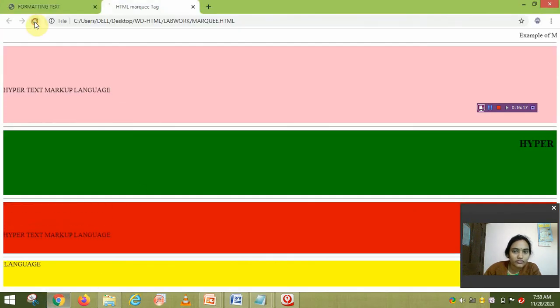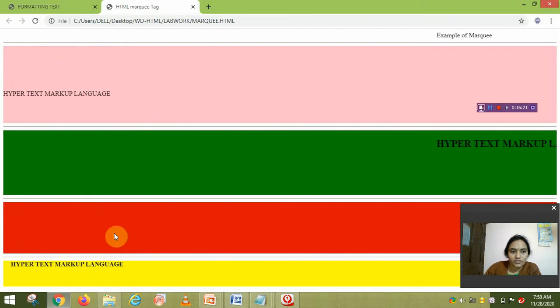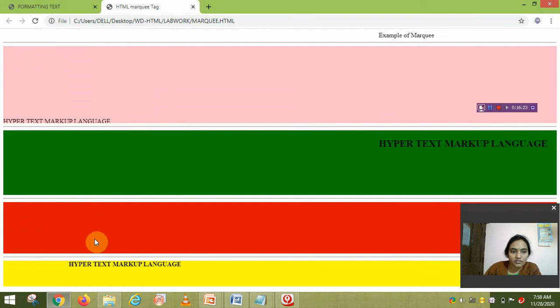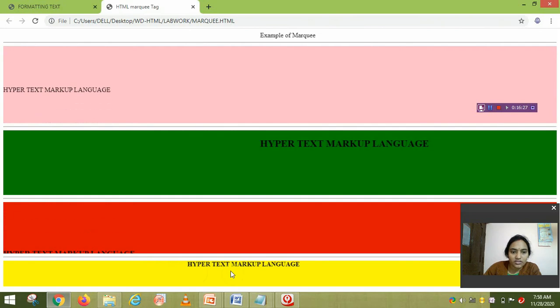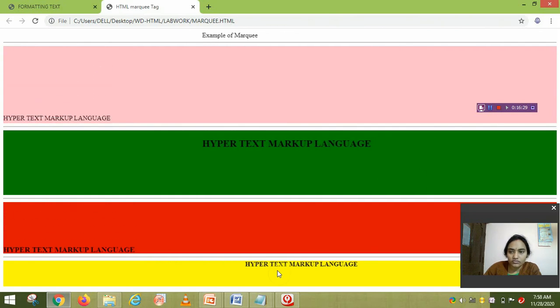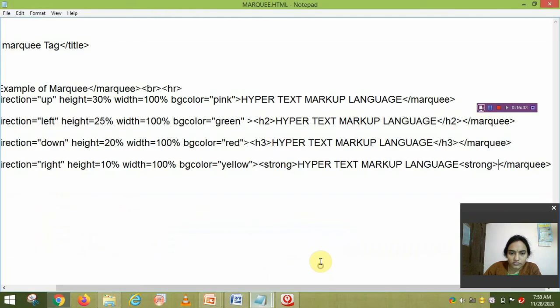A little bit of effect is there. This size is bigger, H3, and this one is a little bit strong. The first one we also write here, H1.